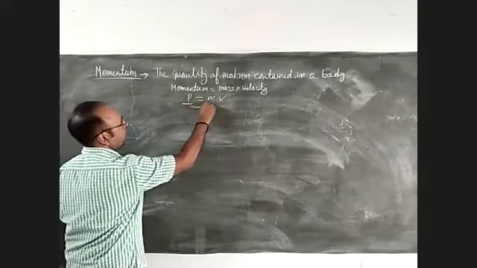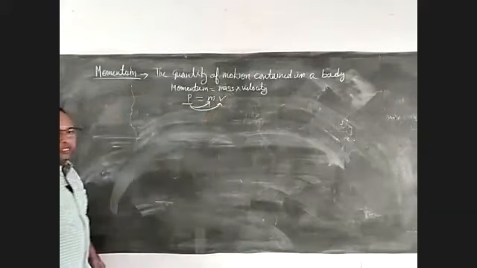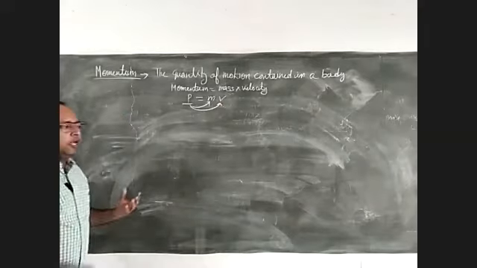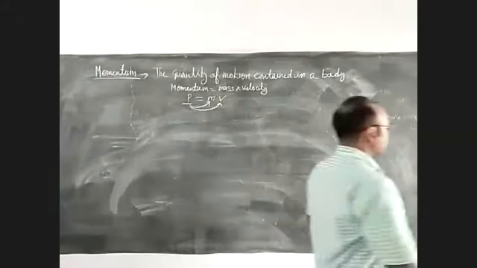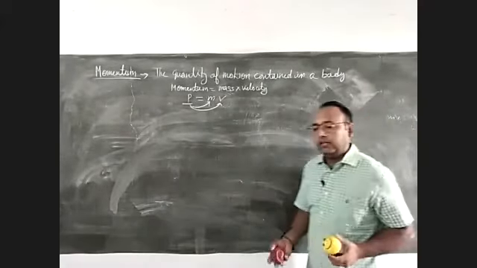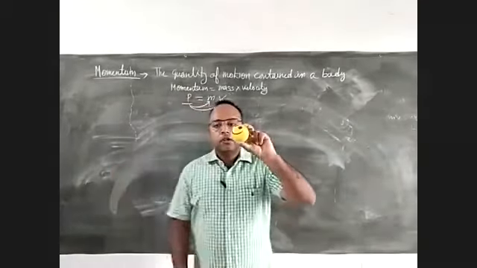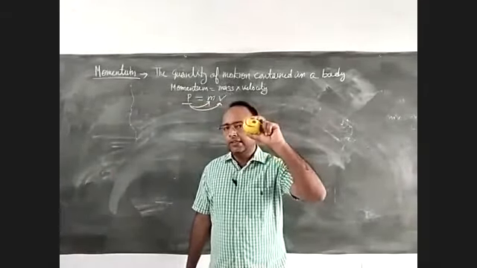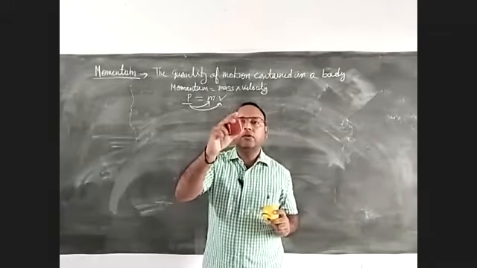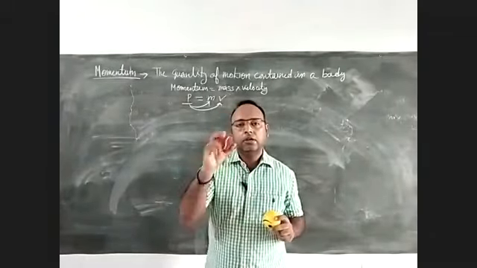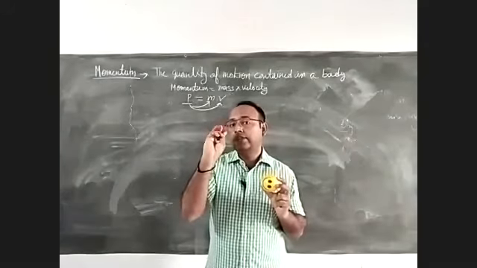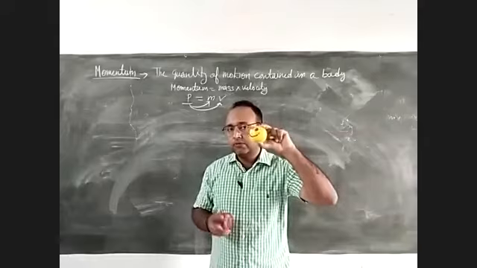From its mathematical form, you can see that it depends upon two factors. One is mass, another is velocity, right? So if the mass is more, as I took the two examples, today I can show you in a different way. I have these two balls. This is a smiley ball. We know that this is very light, right? And this is a tennis ball, a very heavy ball, I must say. So one is the smiley ball and one is this.